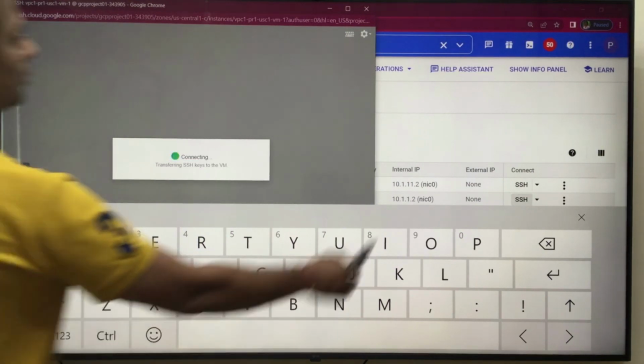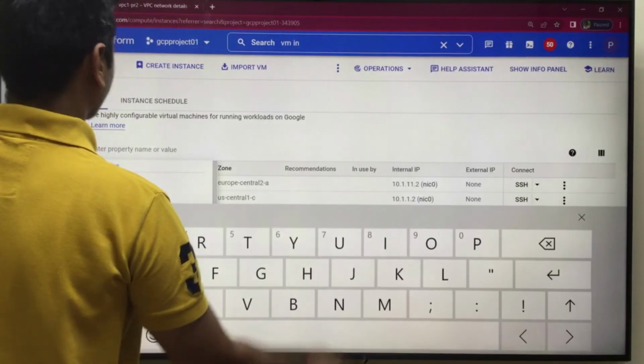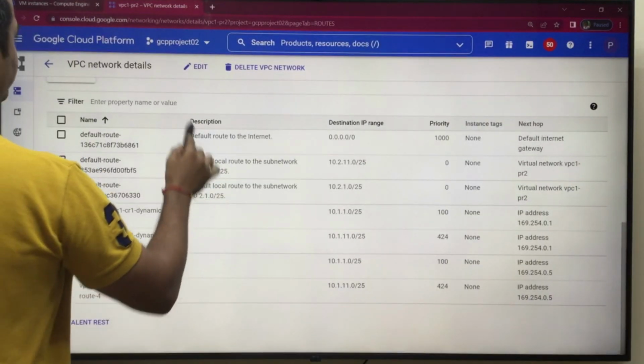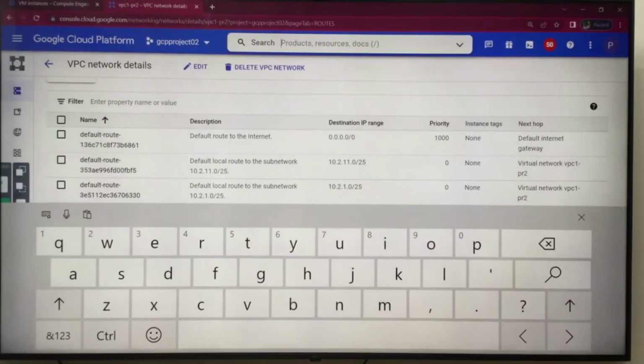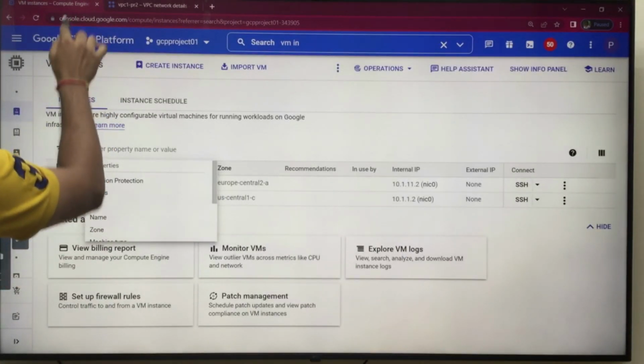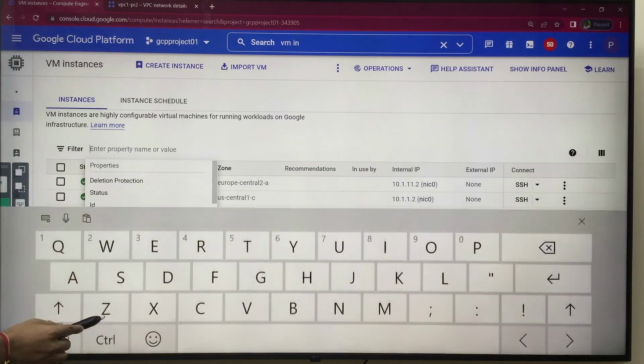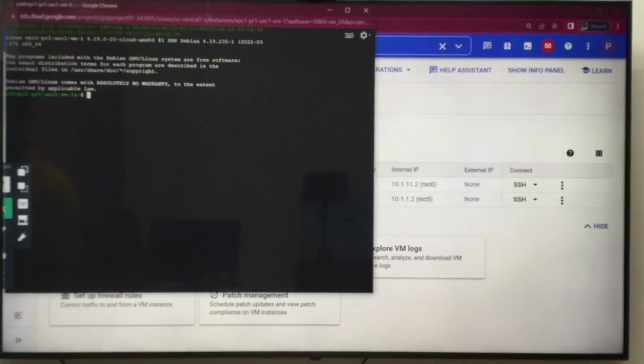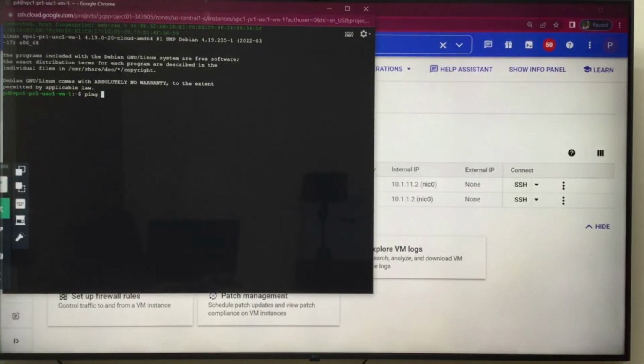Meantime, go to the project 2 VM instance. Let's see if you have access. Here you go. Now ping 10.2.1.2, which is your project 2 US IP address. Yes, you are able to ping.